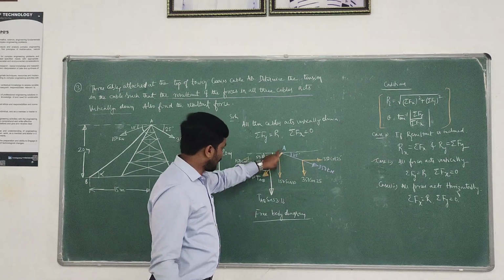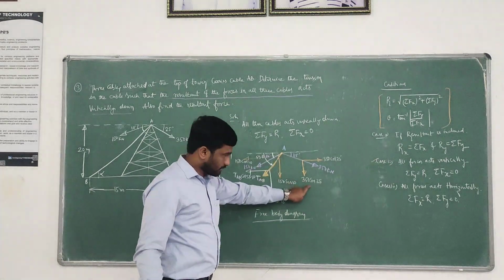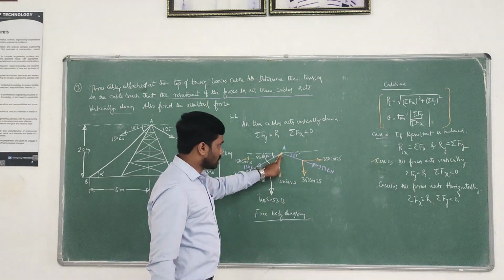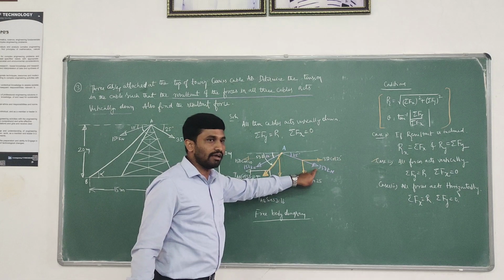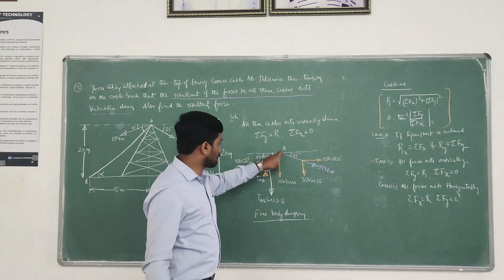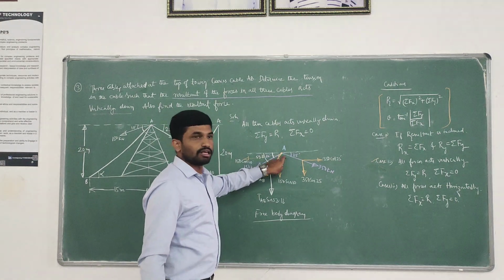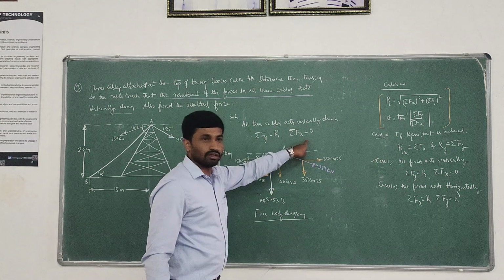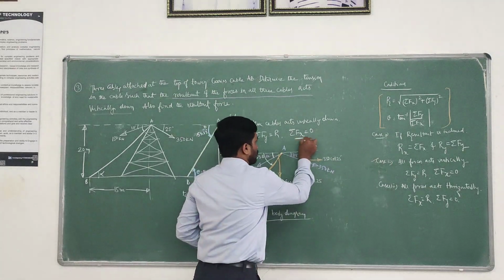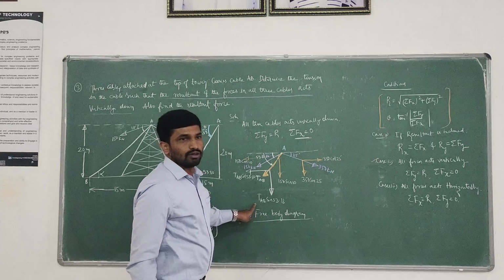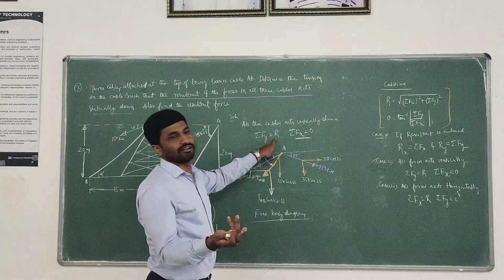So if it is inclined with respect to vertical, then the vertical is cos theta, the remaining is sin theta. And also the direction of force with respect to joint is away, hence both horizontal and vertical directions are away. If it is inclined towards the joint, then represent towards. So that is the thing. Now apply this condition. First apply this condition, and easily you are getting the TAB value. Then apply this condition, you are getting the resultant value.